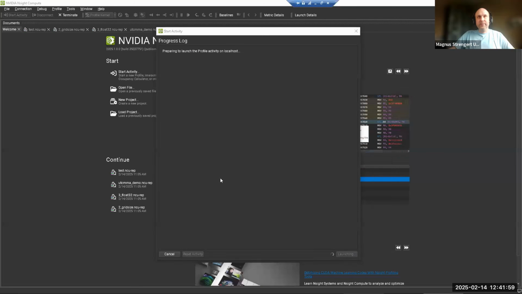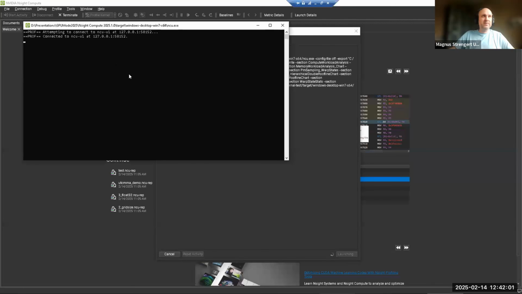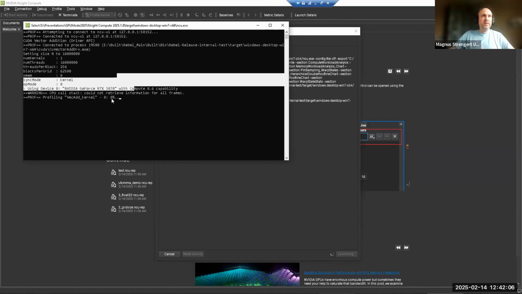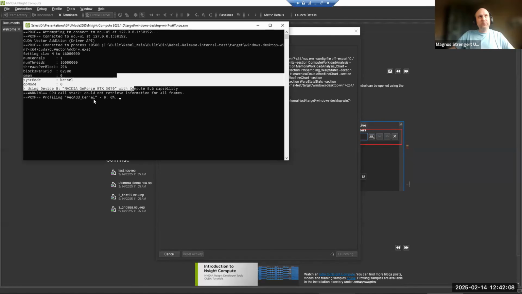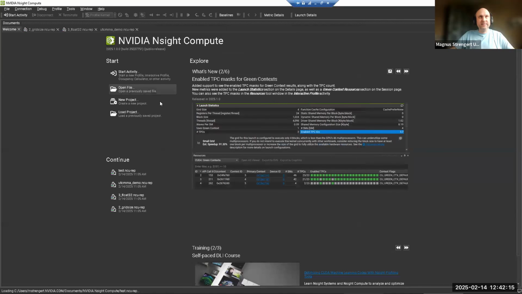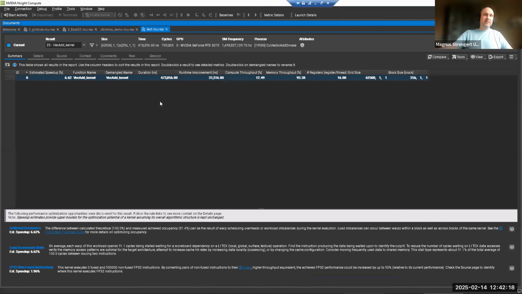So I click on launch, and then you will see the application runs. Normally, you will get an output. If I can pause there at the right moment, you will see that this is the output from the profiler. We currently profile this one kernel, and you will see in the output that we do, I think, 47 passes for this right now, and that creates this report. If we had collected multiple kernels, we would get multiple entries in the summary table that you see here. We only collected one in this simple example, and you see a few metrics in here: